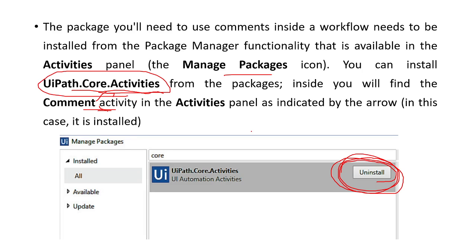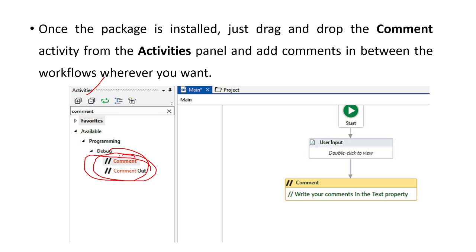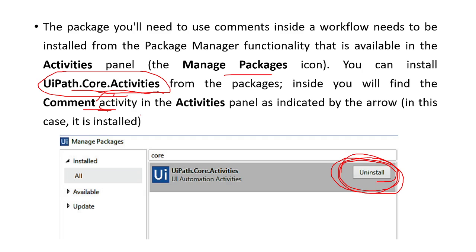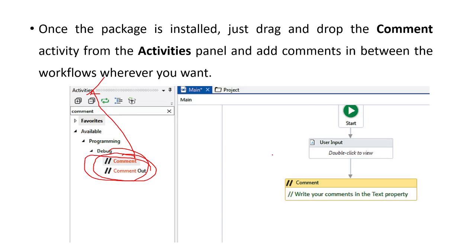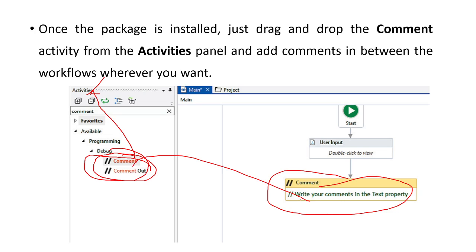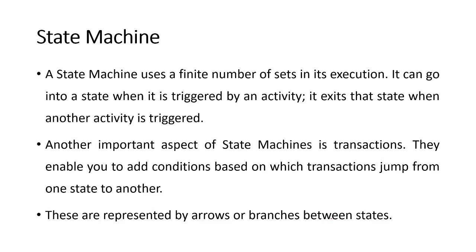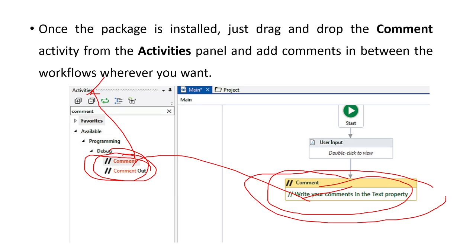But once again, if you don't find the comment activity in the activity panel, then you have to go to the manage packages icon, and you need to do the steps which you already have learned even in the previous classes. So this is how it will look if you drop a comment activity, and you can write your comments here. And obviously this activity will not be executed by the tool, it will be ignored,